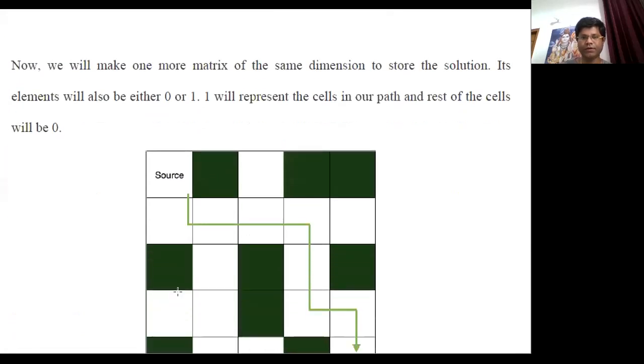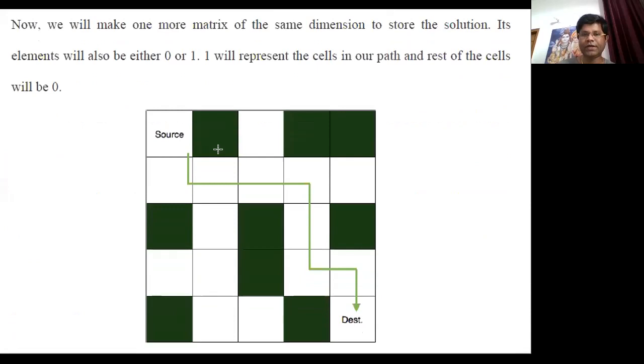So now our goal is to find the destination node when we start from the source node via the admissible movement in the white blocks where the movement is allowed. One of the solutions to this problem is: we start from this node, we move one node downward, then one right movement, again one right movement, again one right movement, then one movement downward, again one movement downward, then one movement right, and again one movement downward. In this way, we can reach from the source node to the destination node via a dedicated path.